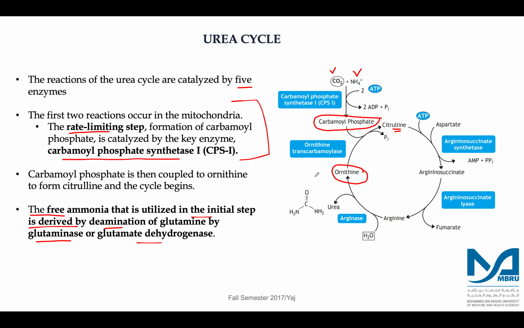And the second aspect that you should note here, this process uses 2 ATP. That means in the first step or the rate limiting step of the urea cycle, I require 2 ATP molecules. Once I have converted carbamoyl phosphate to citrulline,